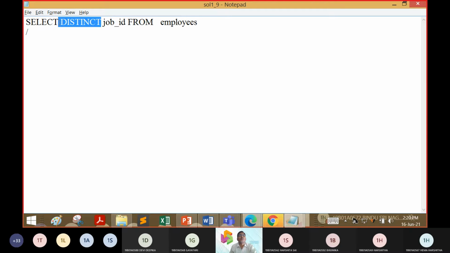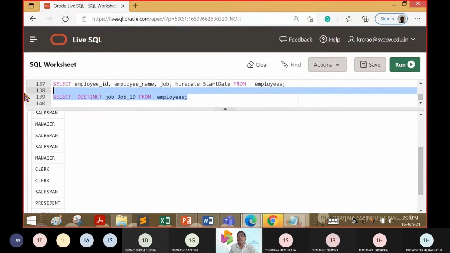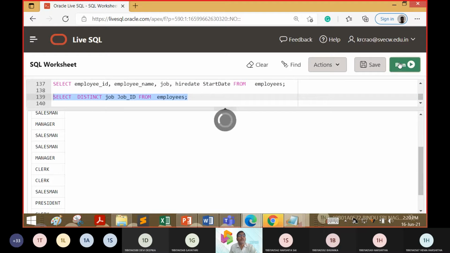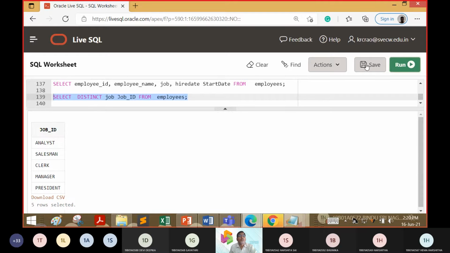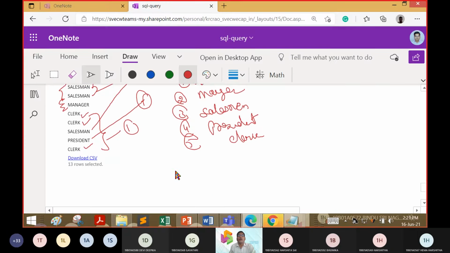So now we are bringing up this word distinct here. Now you can see the job IDs we mentioned should occur. The same thing we are now bringing into the work area.